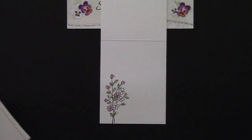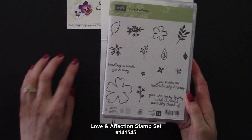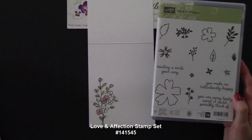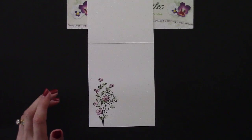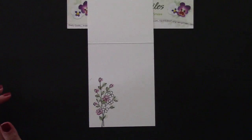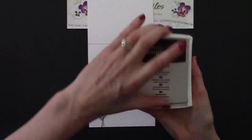And the greeting I chose is from the Love and Affection stamp set, Sending a Smile Your Way. This is my June 2016 thank you card. And of course I want to send a smile your way. And so we're going to use the Early Espresso Classic Stampin' Pad again. So let's push, flip,